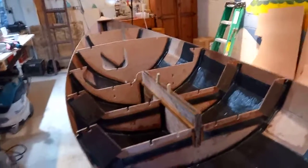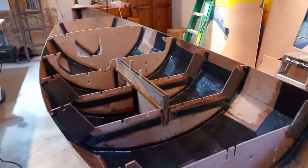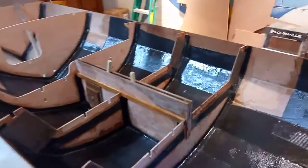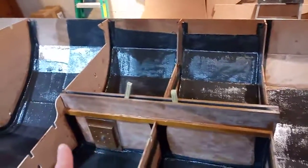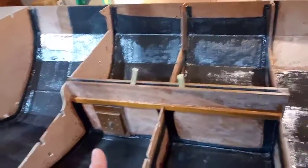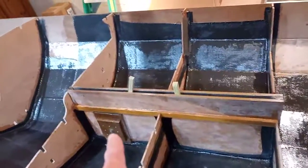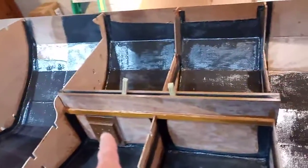So today is October 28th, 2021, and I've been doing some carbon fiber work on the inside of the boat. The centerboard trunk is in, and I tabbed it in with the carbon fiber biaxial tape around the edges there on both sides, and put the cover for the centerboard hinge pin in on